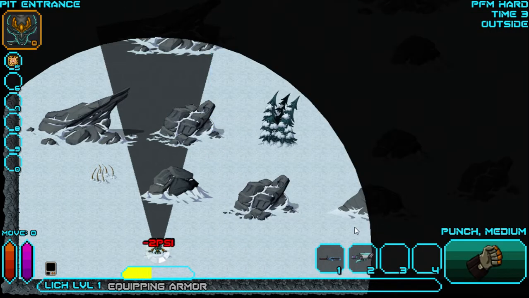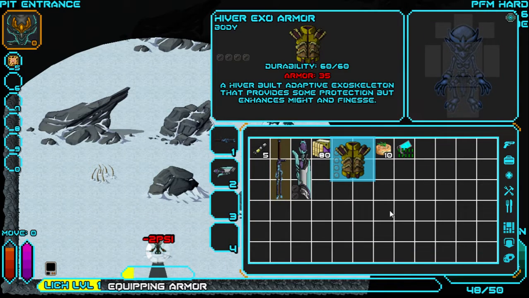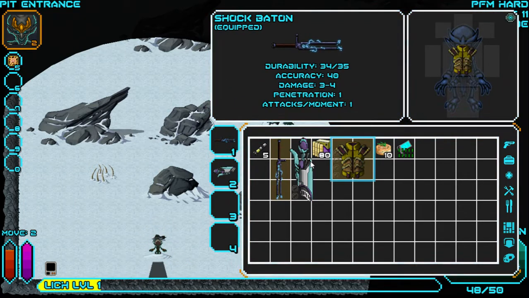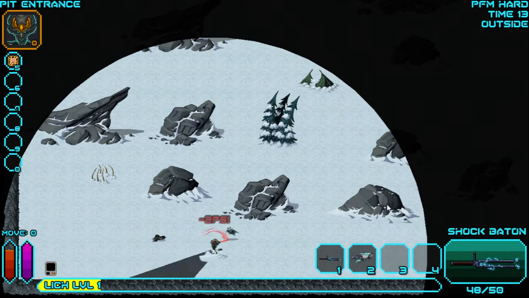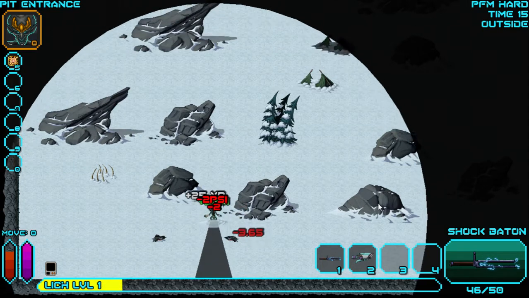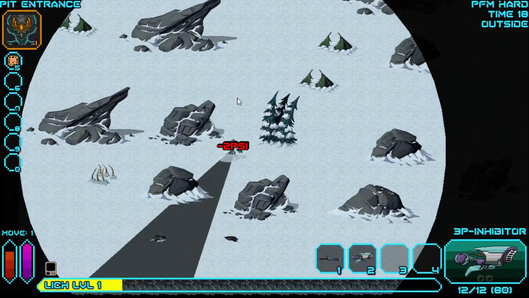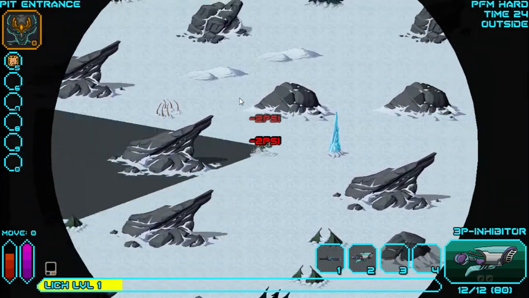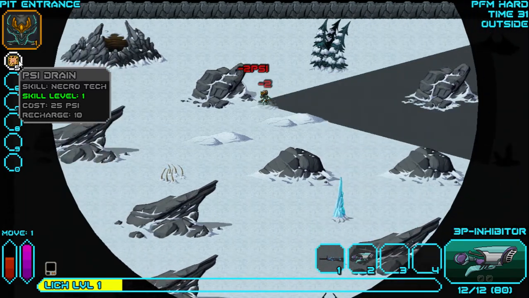Hyper Exo armor. It takes him like half a year to put on. I love their little wavy animation. You're conducting a symphony. What kind of damage does this do? 4 to 5? Although it's got AoE, I believe. 3. Kind of? I think it's got impact AoE or something. Problem is... Yeah, we got side drain, but...